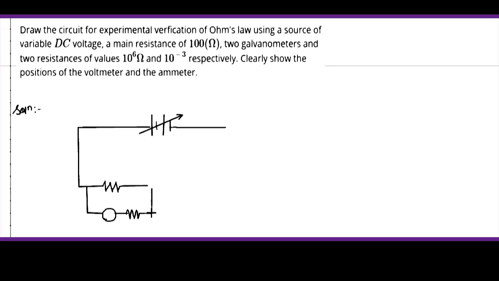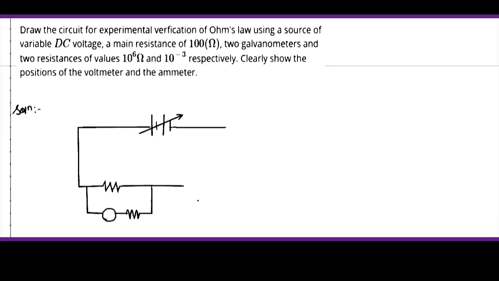And secondly, while constructing the voltmeter, the galvanometer must have a resistance in series with it. Now